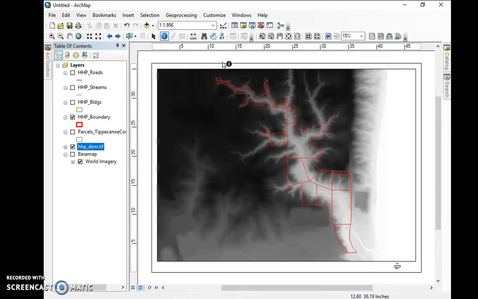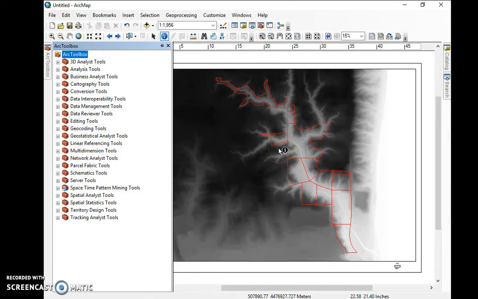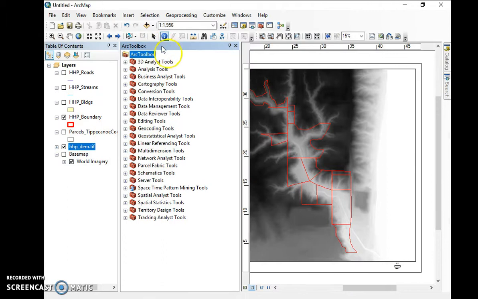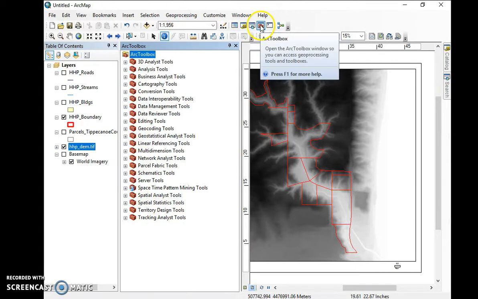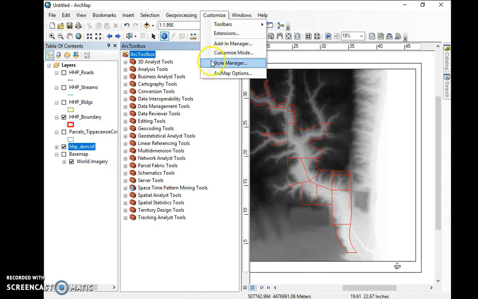Unfortunately, DEMs don't do much for us when we're trying to show people what it is we're looking at. As designers, one of the things we commonly need is to be able to see contour lines. Wouldn't it be nice if we could take this digital elevation model and turn it into contour lines? Well, the first thing we need to do, after I open up my toolbox, which you should do as well, is come into